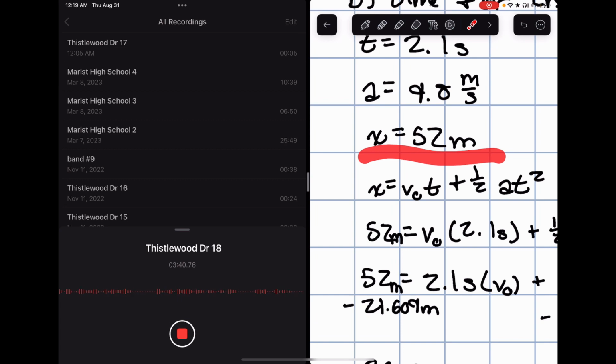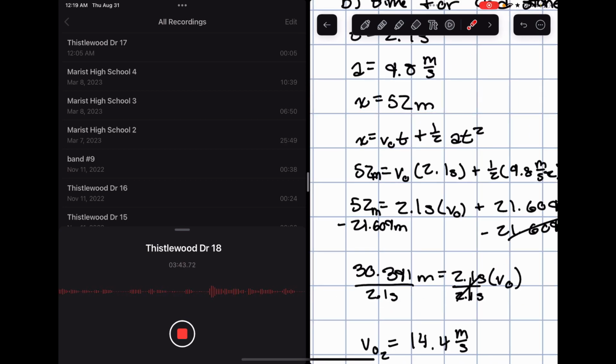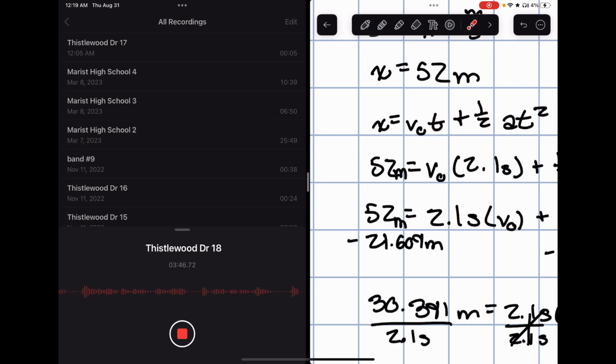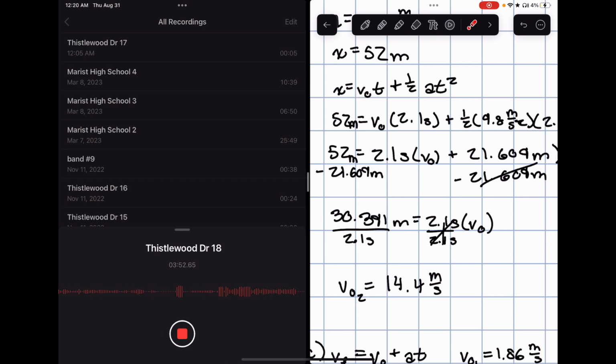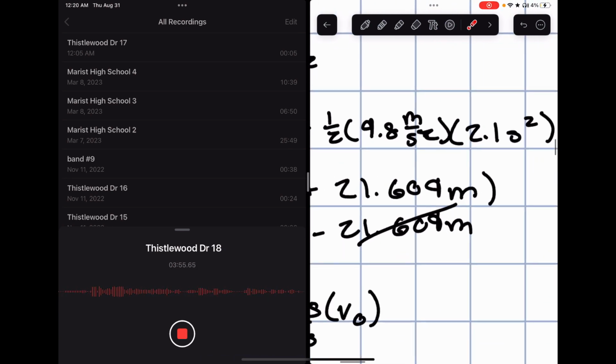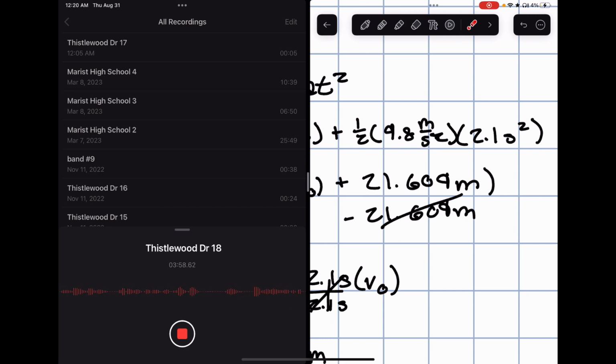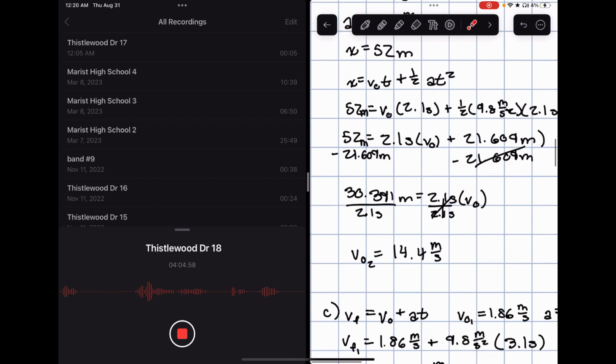Now, I listed out my givens again here. That time is 2.1. I have acceleration 9.8, and displacement is 52. Now we're going to use the same kinematic equation. However, this time instead of finding time, we are going to be finding the initial velocity. So, 52 meters equals initial velocity times 2.1 seconds plus 1/2 times 9.8 meters per second squared times 2.1 seconds squared. I added, multiplied, moved over what I needed, and I got 52 meters equals 2.1 seconds times initial velocity plus